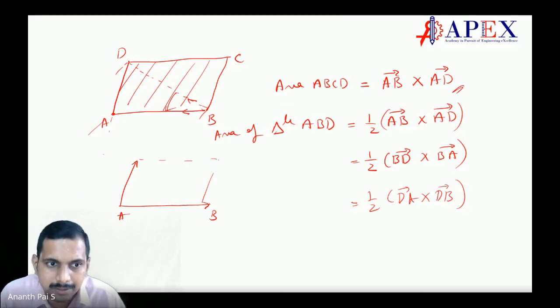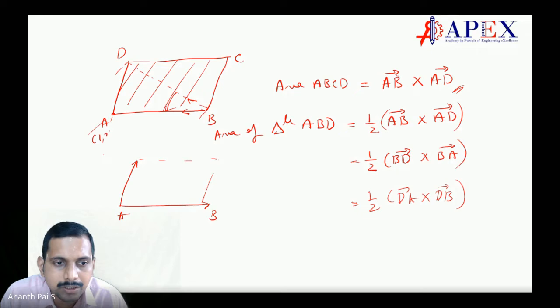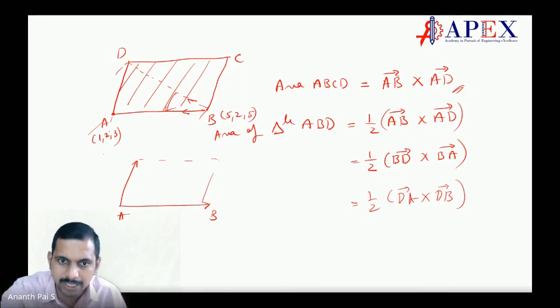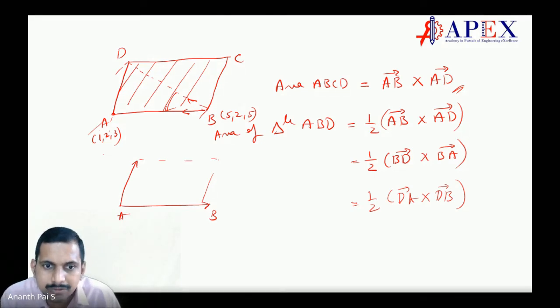Okay, what is AB? If you say A is coordinate, you say 1, 2, 3. Let us say that. And this coordinate is, say, because x coordinate has to change. So 5, let us say this is 2 and then this 3. Then what you should do? You should see how much it moves here, is it not? Or let us say this is 2 only. Let this be 5. Okay, it is going in the x direction here like this down. Okay, so if this is the case, how do you find AB vector? You have to say 5 minus 1. That means if you say 5 minus 1, that means I'm going in this direction by plus 4. Correct?